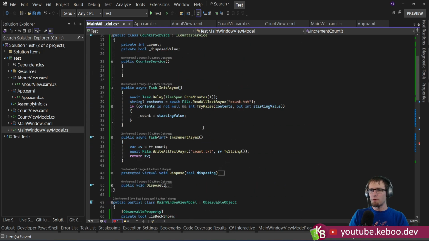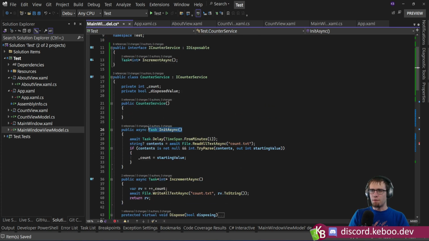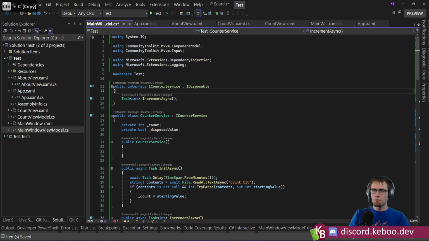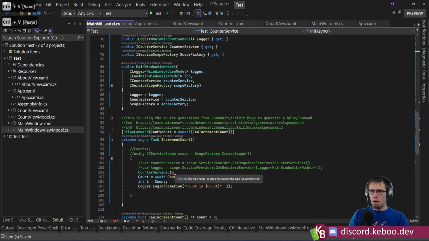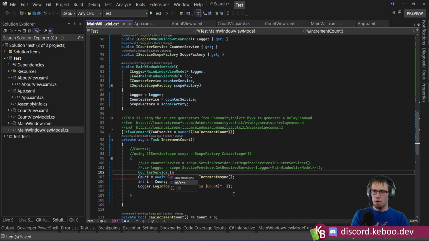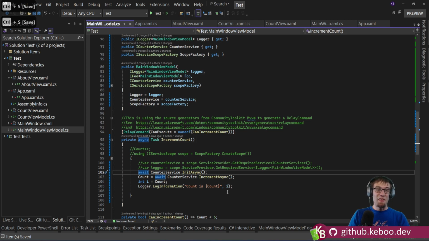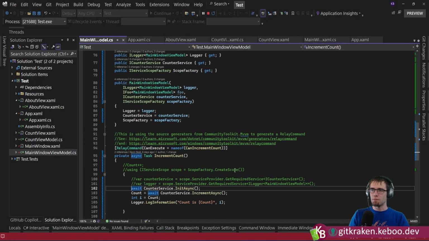What? Oh, I didn't add it to the interface. Hang on. Do that real quick. So, Init Async. Right? This is a thing that can be done. Right? So if we launch this